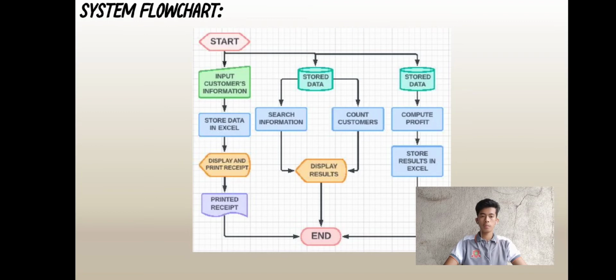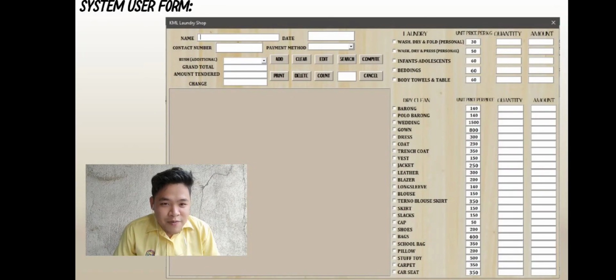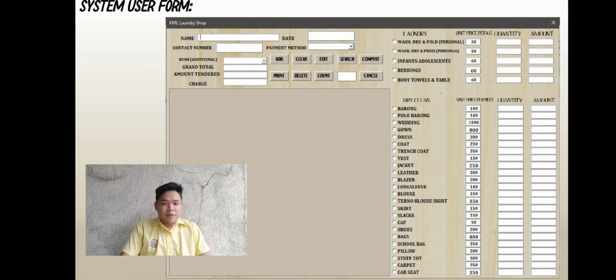System user form. This figure shows the user form for the KML laundry shop. The proponents used different types of controls for the system. The results for adding, searching, editing, and deleting customers' information will take place in the list box. The proponents would use check boxes for multiple choices, and every checkbox has its own unit price value. With the help of this user form, it would be easy for the business owner to control and manage their